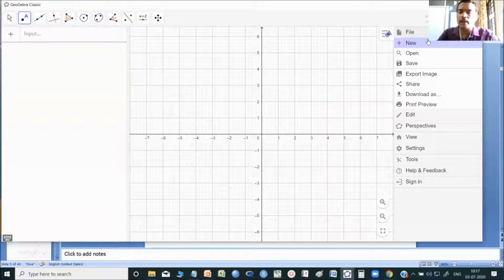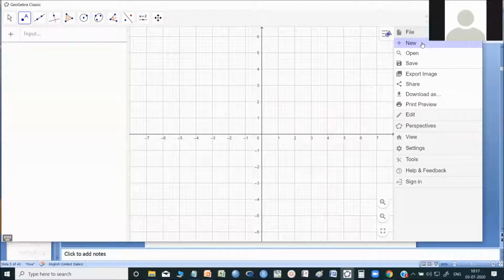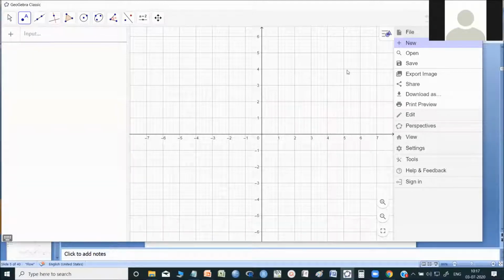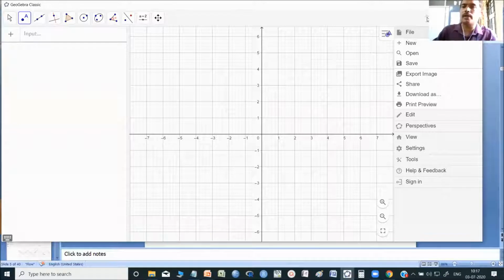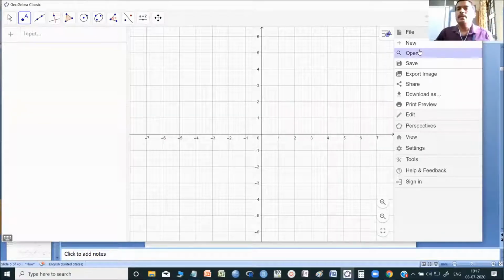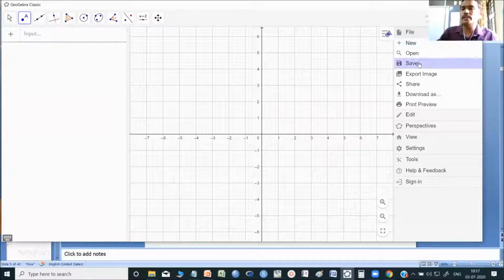If you are using online, you had better not save. Once you click new, automatically it will ask for the save option. You can say don't save, so that while I am demonstrating, you need not, because this is my experience. If you go on writing, you will find it difficult to erase them. One way of erasing when you write some curve is the undo button, which is there on the right side. Undo button is there. And then we can open a new one, and then the save option is there.